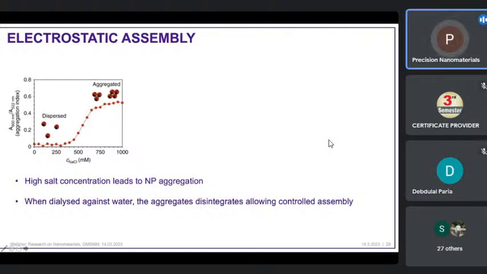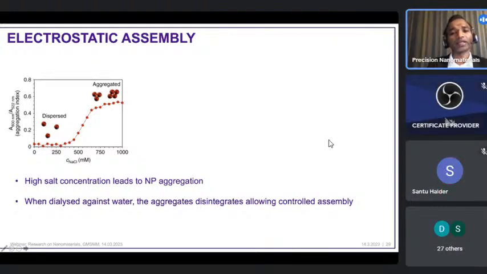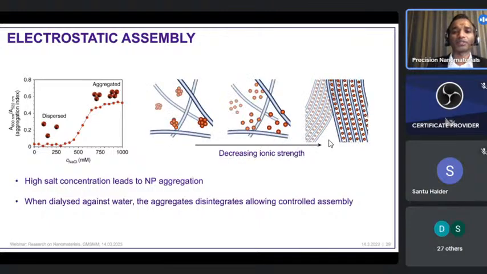If you have a cationic surface charge, you can aggregate and disassemble them by adding some electrolytes because it screens the charge. If you add some sodium chloride or any other electrolyte, you can increase the salt and aggregate. If you dilute now, add more water to this, you can go back to the individual particles. This concept can be used for assembling them. Here we have a schematic representation. We have this type of aggregates, and then we add